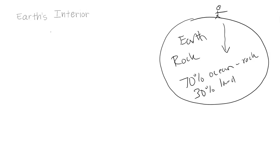When I finish rocks and minerals and the rock cycle, I go into the Earth's interior and I give them a research project to look at these different layers and show how different they are and where they are inside the Earth, because we do a lot of work on the surface processes, the morphology, the history, even the tectonics, all based on the surface features and movement. And what we don't spend enough time on really is the Earth's interior,